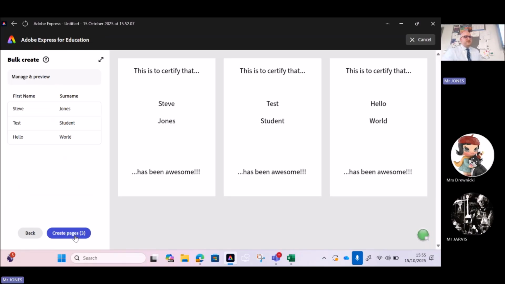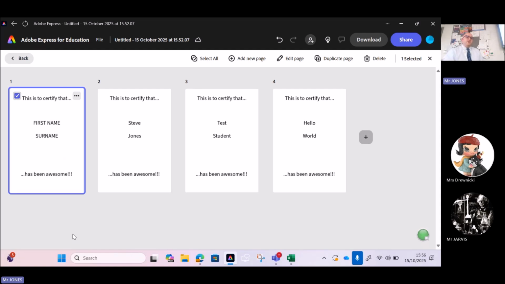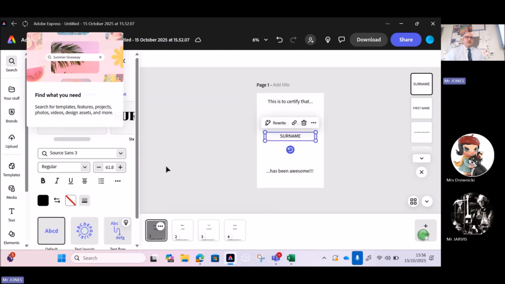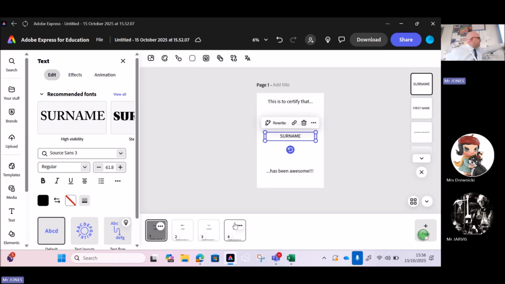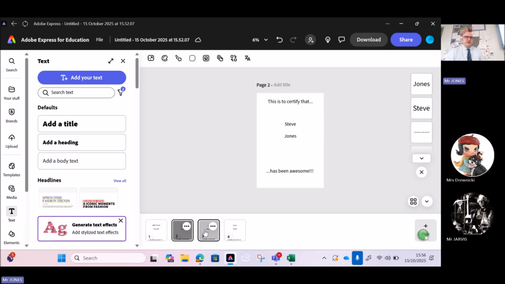If I hit next, there you go. It's generated a certificate. I've got certificate 1 for Steve Jones, certificate 2 for test student, certificate 3 for Hello World. And I hit create pages. What you'll notice, it puts in a slightly different layout to you, but if you hit back, you've now got down the bottom, just here, page 1, which was your original, page 2, 3, and 4, which are your other ones that you can download and share and so on. So that's really cool in terms of like generating lots of